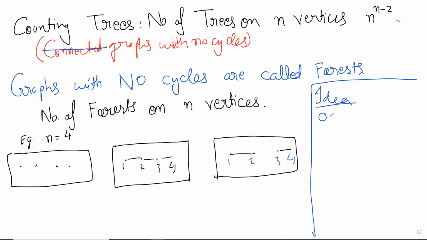So your idea is to, let me just write it. The goal here is to count the number of forests on n vertices, okay? And you are saying that pick an arbitrary tree on n vertices. Yeah, that sounds like a good idea. Arbitrary tree on n vertices